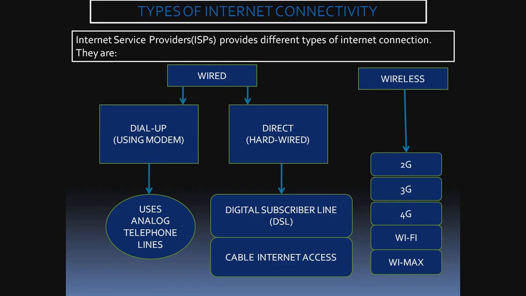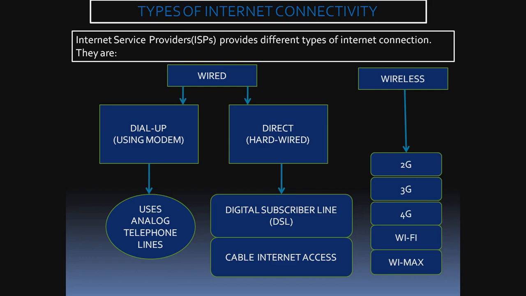Nowadays, we have something called digital subscriber line or cable internet access. Now, digital subscriber line is something where data is sent digitally. No analog conversion is required. And cable internet access, I think you all know, students, the cable service provider can give us a facility through which we can use internet through that cable service provider and we can use them in our smart TV. So this is another service which you can avail.